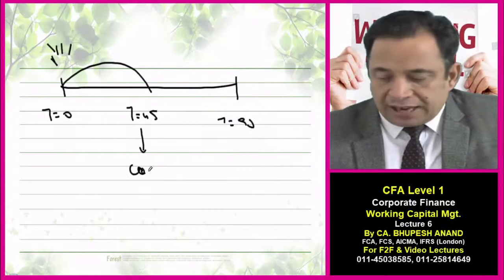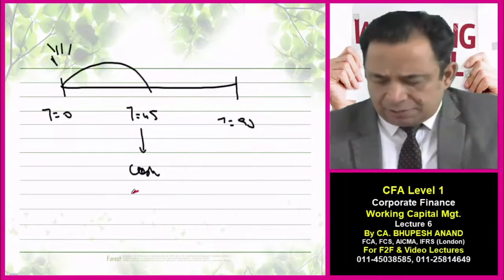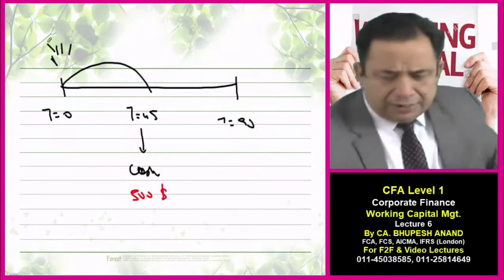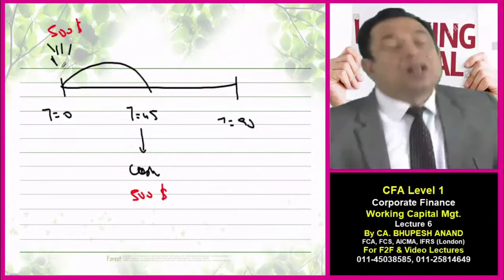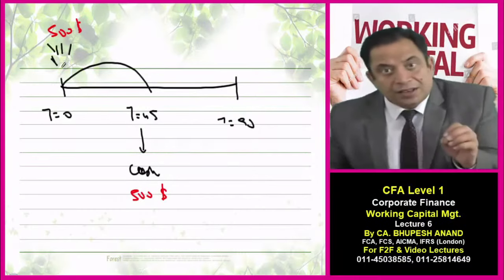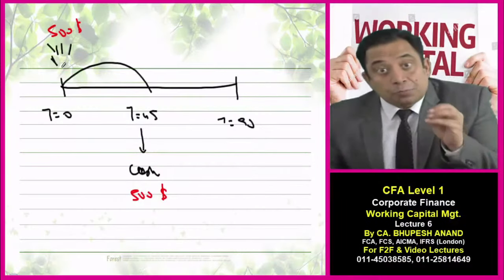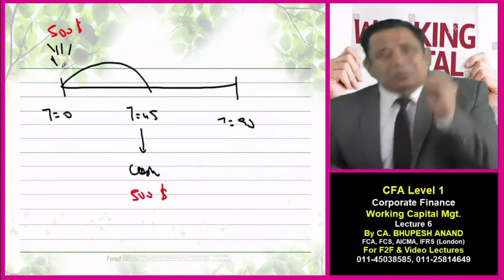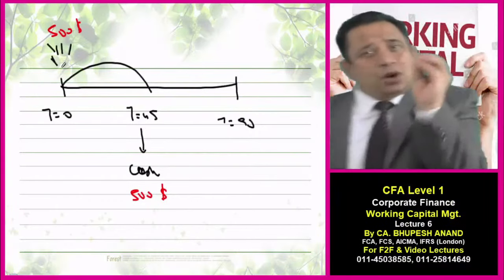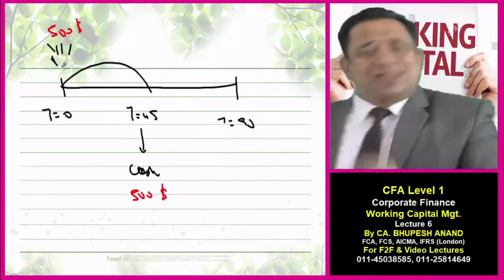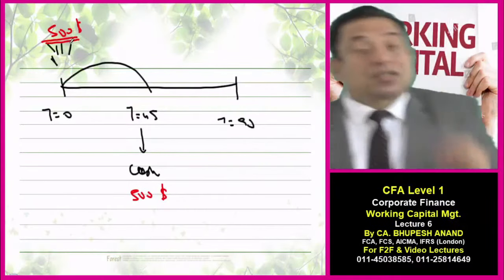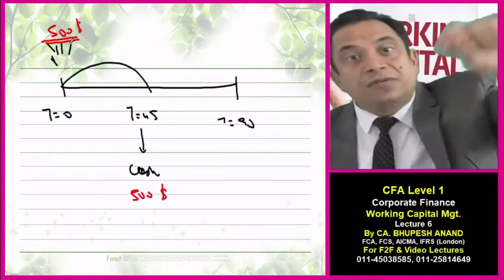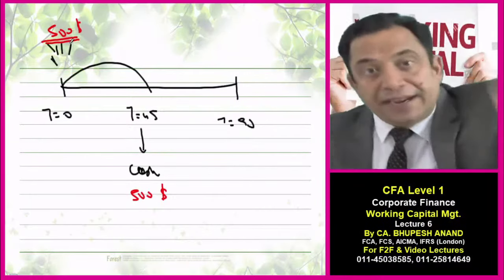It means you have received the cash. Let the sale be $500, and let the inventory you have purchased from your suppliers be $500. You getting my point? If you just put 2 sincere minutes, it can save you 6 months. I want to tell you the logic with the help of a case study. Let the inventory purchased by this entity from the suppliers be $500 on a credit of 90 days,